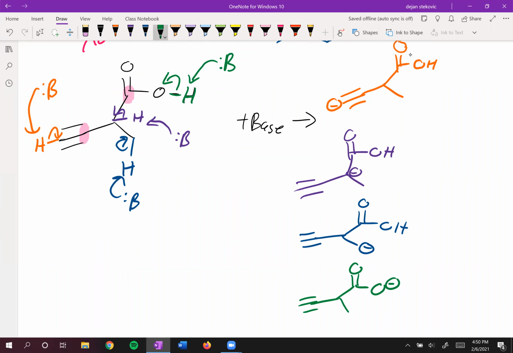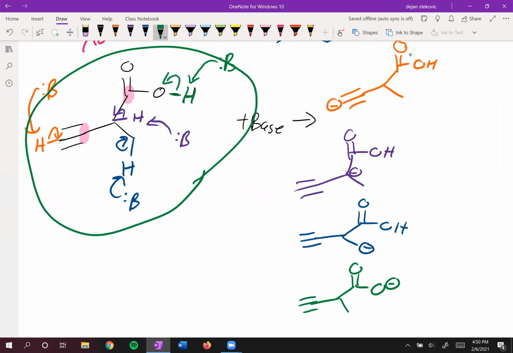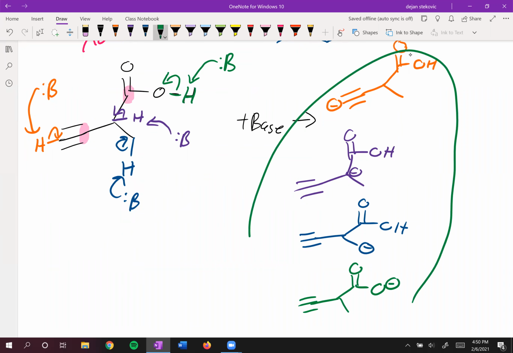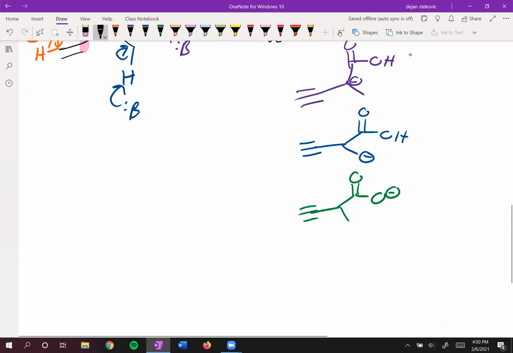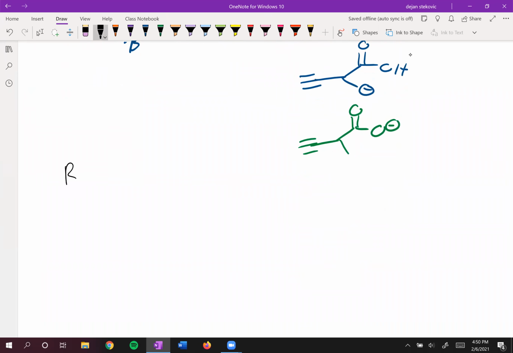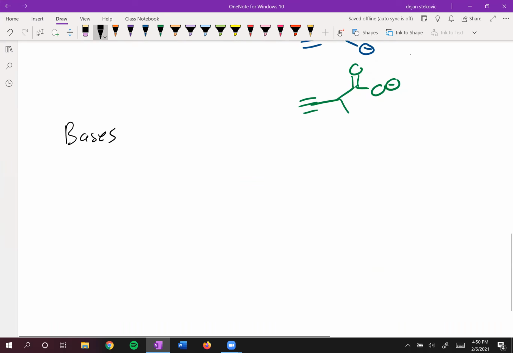So which proton is going to be more acidic? The first step is to draw all of the possibilities, all of the conjugate bases. Once you've drawn the conjugate bases, you can then analyze them. You can do the same with bases. So for example,